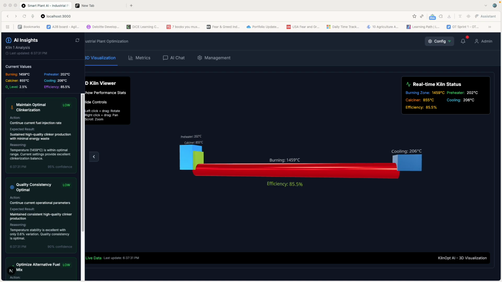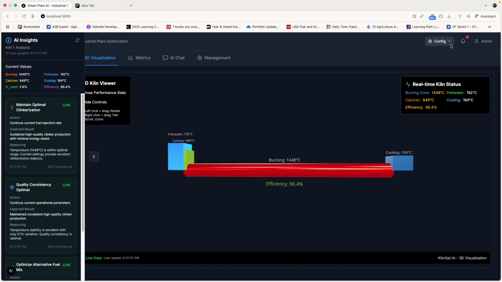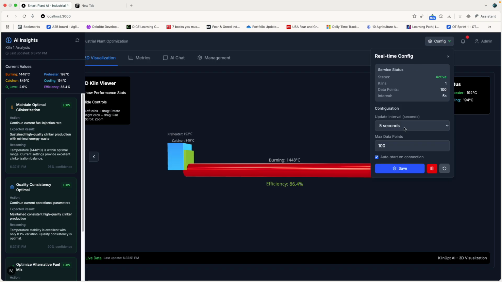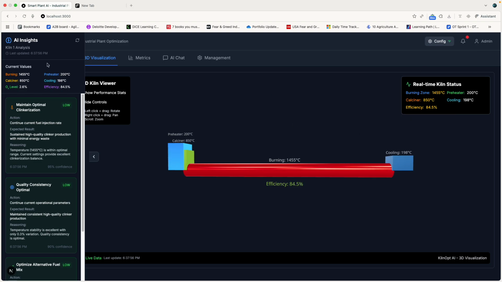And this is built using Gemini AI, FastAPI, and React Three.js for 3D visualization, and our platform can be integrated with an existing plant while providing visibility and control. Here in the config you also have an option to choose the interval with which you want to get the data, and